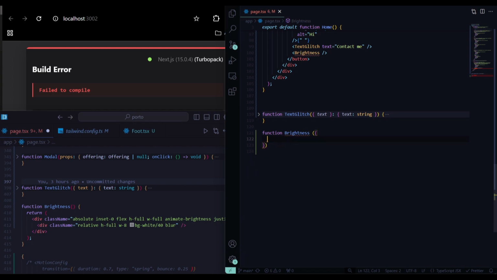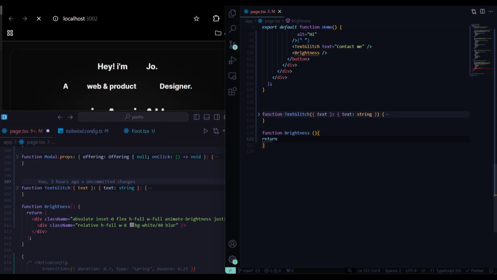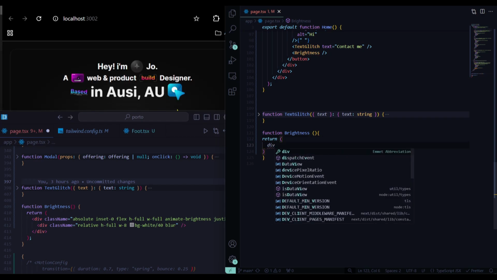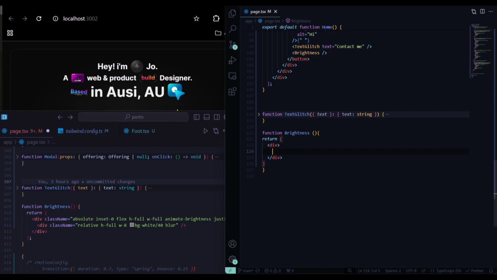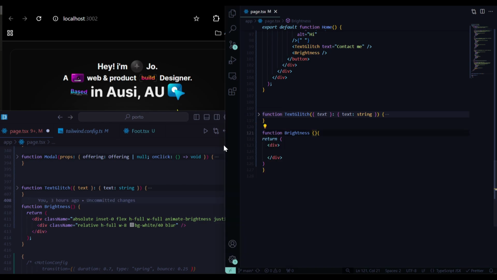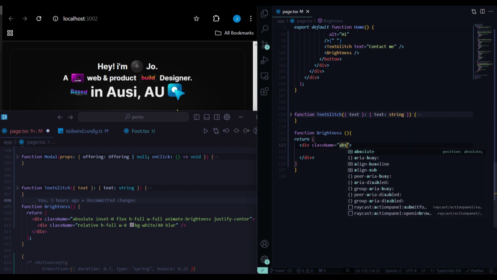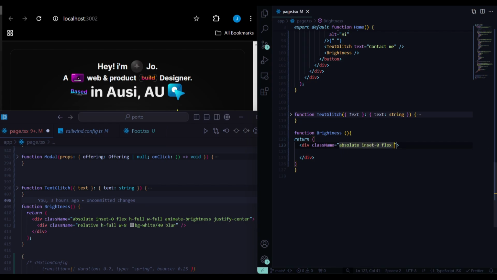Wait a minute, what is this? We are not accepting any argument here, so here we return a div, and here we give it a class name of absolute. We insert 0, we give it a flex, we give it a height of full, a width of full, and then we give it animate